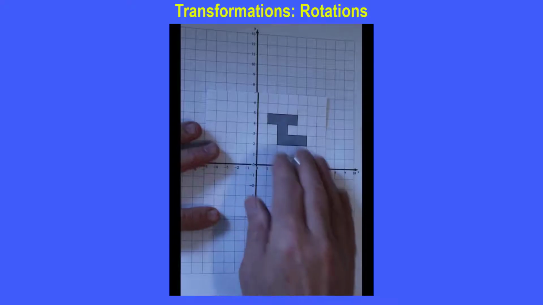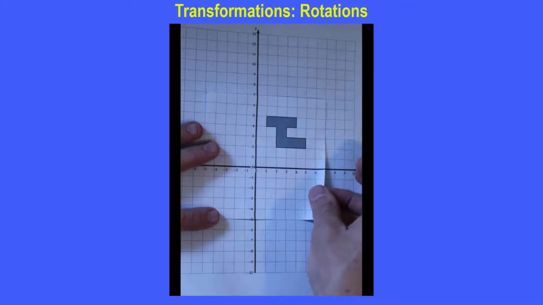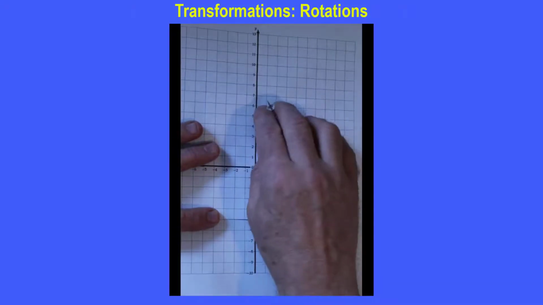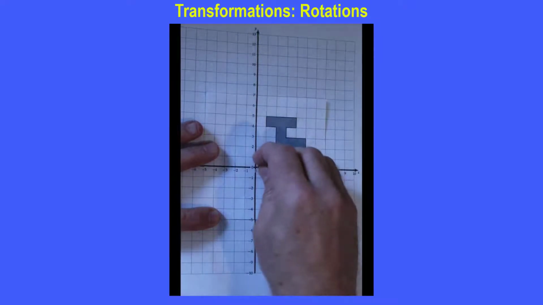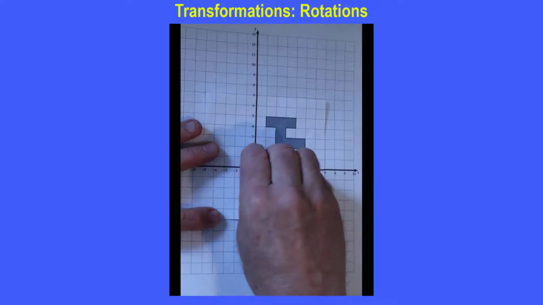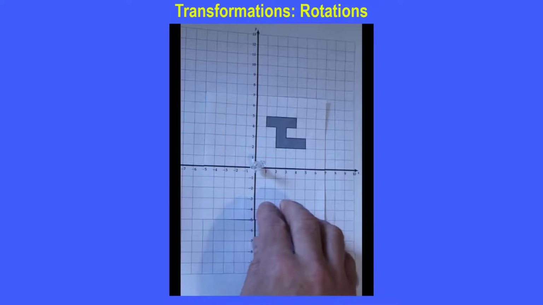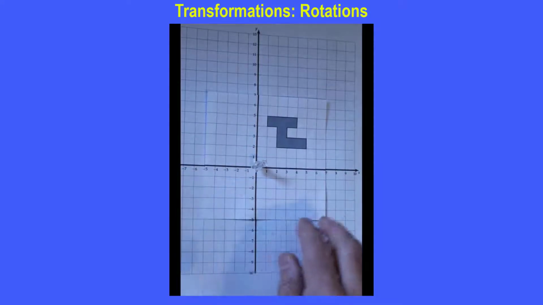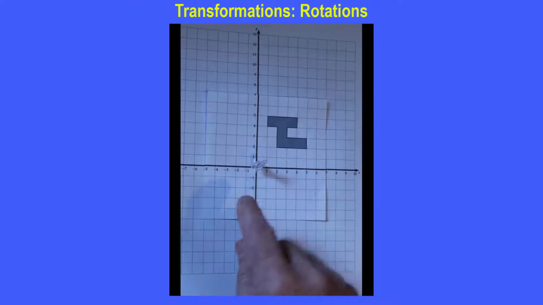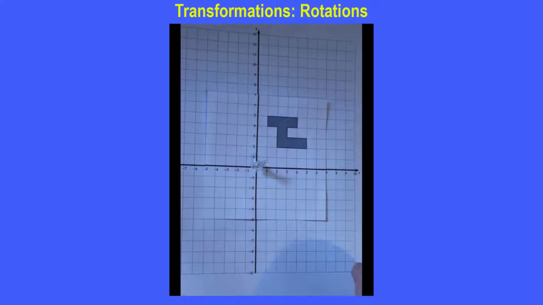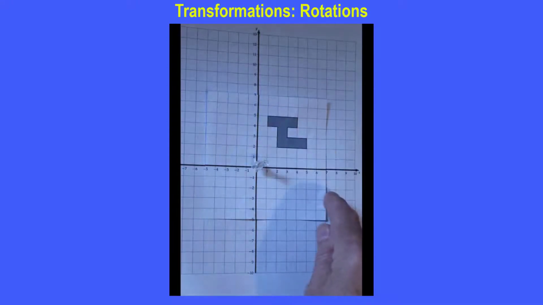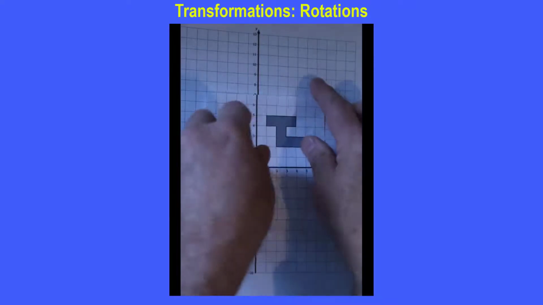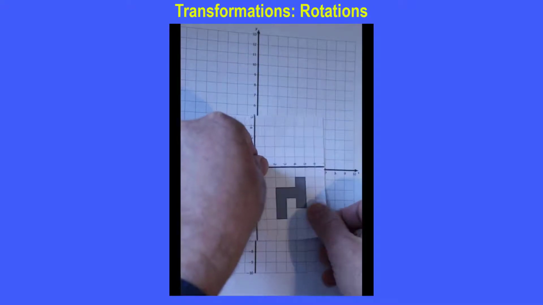So if you look at this as close as we can, it's not the best scenario, but this works quite nicely. So it looks like it's in the right place. We're rotating by 90 degrees about the origin, about 0, 0. Now the trick is, you can use a pair of compasses as a pin, or I've used a pin here. And we're going to rotate it so it goes around this way, clockwise, by 90 degrees. For 90 degrees, the vertical axis has to become the horizontal axis. So holding the pin in place, I'm going to rotate it around,